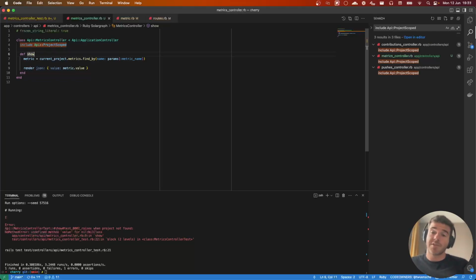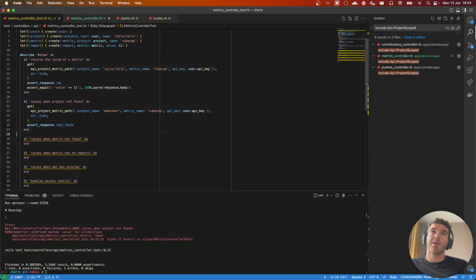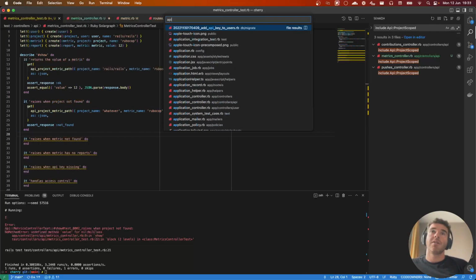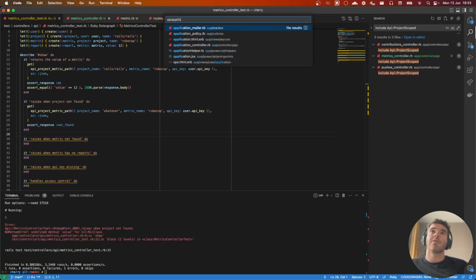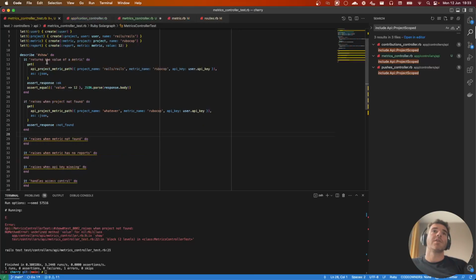Yeah, so that's why it's good to write tests. We're gonna implement this. This is gonna be using user. Where do we have API application controller and set user. Okay, so we can use